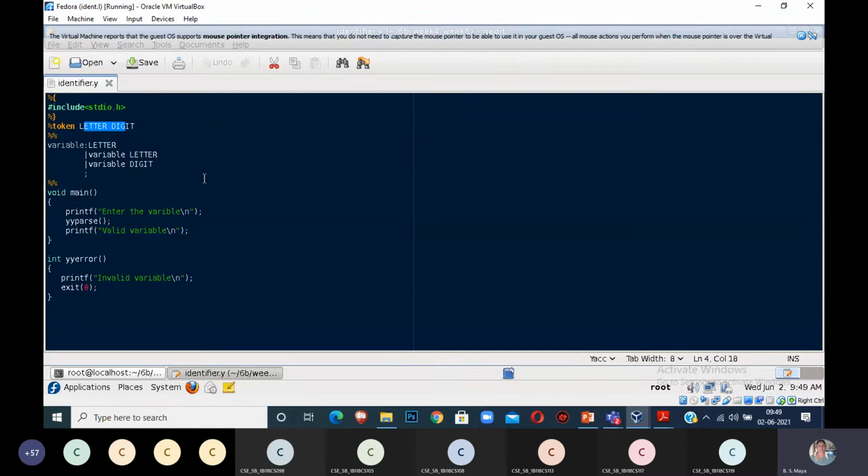See, all these programs can be asked in the theory exam, not in the lab exam. In the lab exam, you have only the lab program. But in the theory exam, you can be asked any of your YACC programs. Whatever sample programs I send you, all are important problems for the theory exam. You can't predict what type of sample program will come for the exam, but these are the most probable ones. The previous schemes, the 2010 scheme or 2006 scheme, all those were lab programs only.